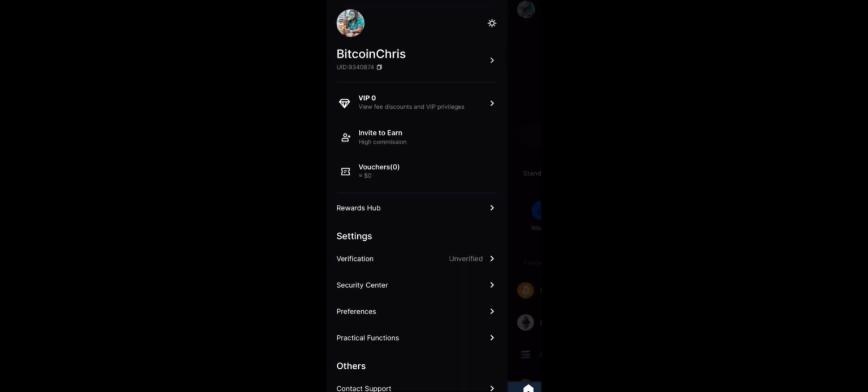Alright guys, here I'm going to show you how to trade on the app and how to read the trades when I post them. So the first thing we're going to do is in the link, there are links in